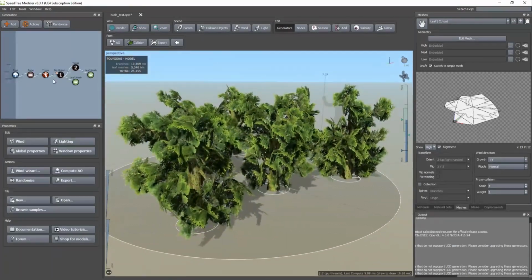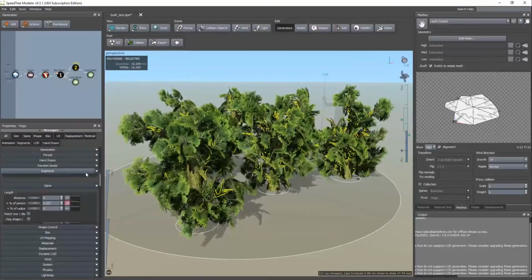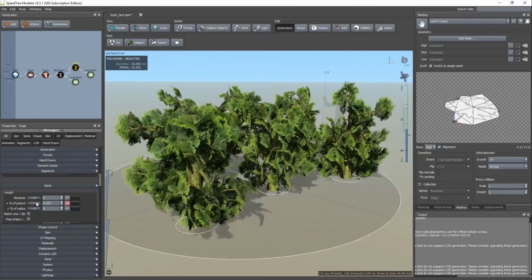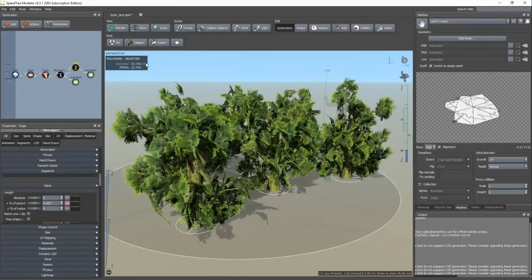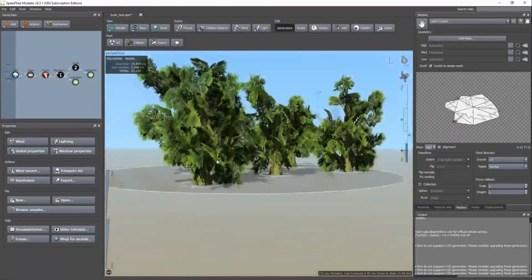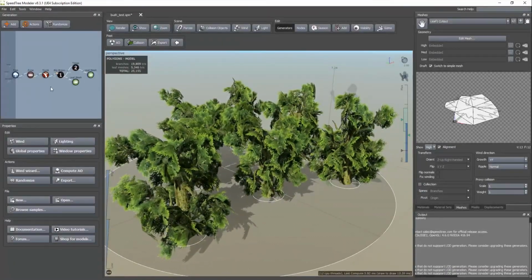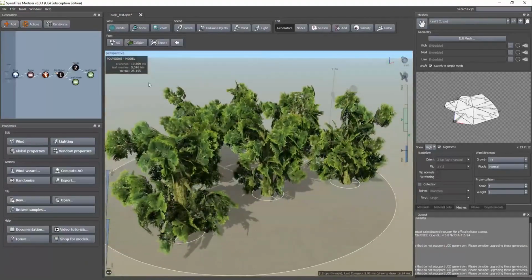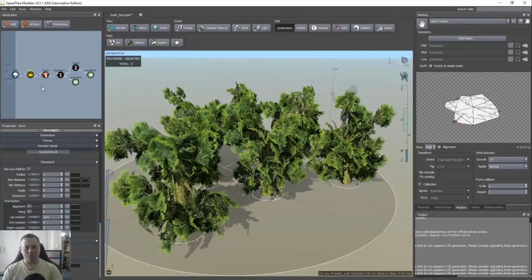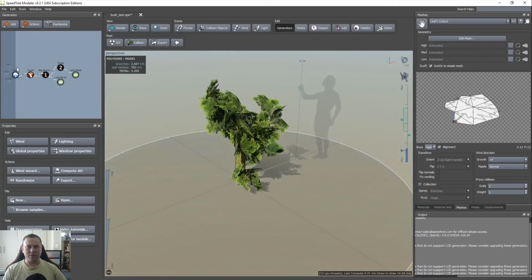Add more branches, or try the difference between, instead of using twigs, use trunk, little branches. Change the settings of the little branches of the twigs. You know, there's a lot to do, but everything you do will have a direct impact on the overall poly count, triangle count. And then what you could always do for something where you would want collision, maybe don't use a zone, and then just add more